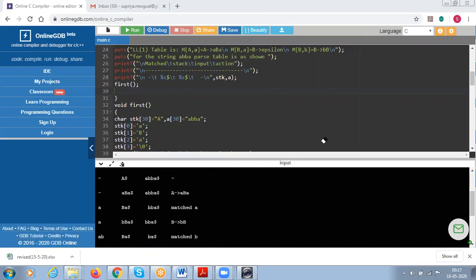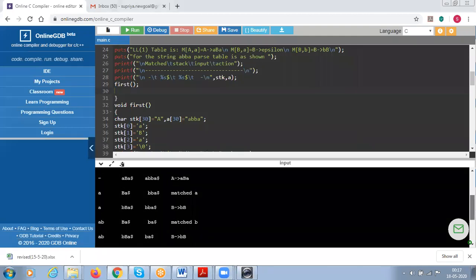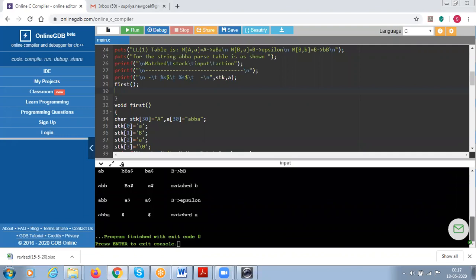Similarly, on the input string, BBA remains. B and B are common on the stack and on the input string, so B is popped from the top of the stack and pushed onto the matched string. This process continues until the string is emptied, that is, finally both the stack and the input string should be left with dollar. Only then can you tell that the parsing is correct, that my input matches the grammar, and whatever string is matched remains in your matched string.